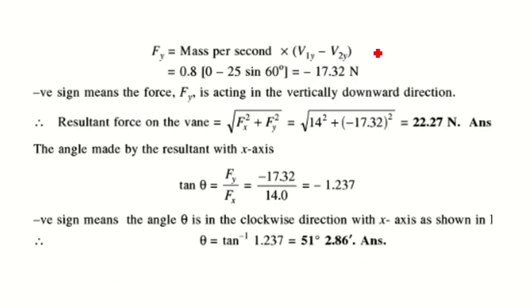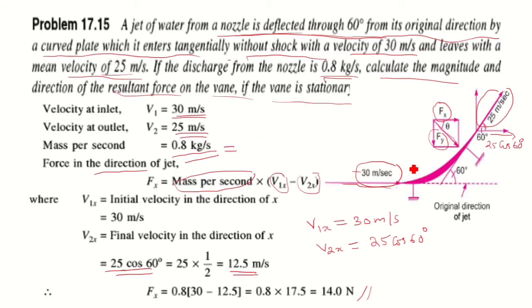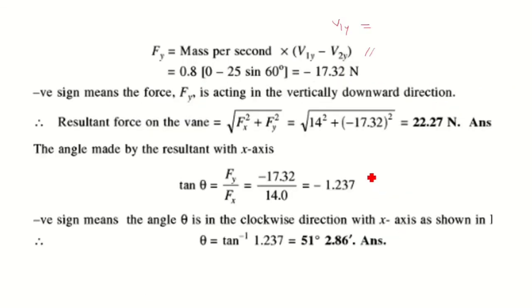So next we need to find the y component of force. V1y means the y component of velocity of the jet. So at the inlet there is no y component. So here there is no y component, so neglecting it, the inlet y component is 0, and the y component at the outlet is